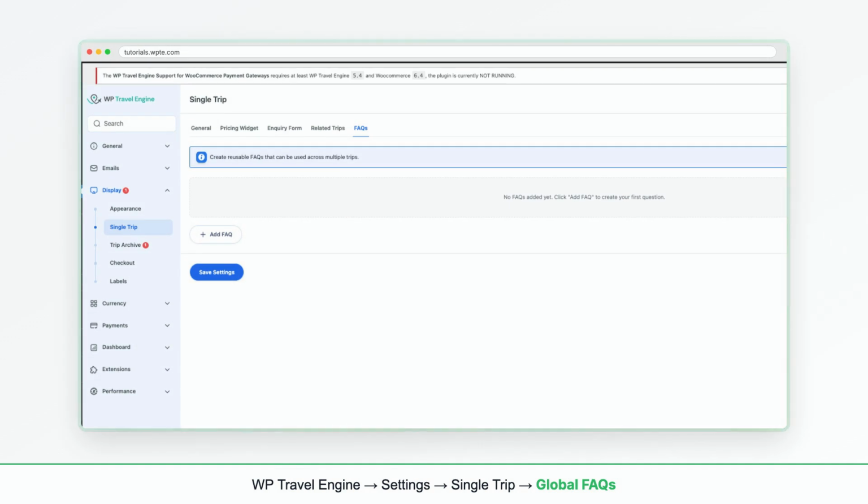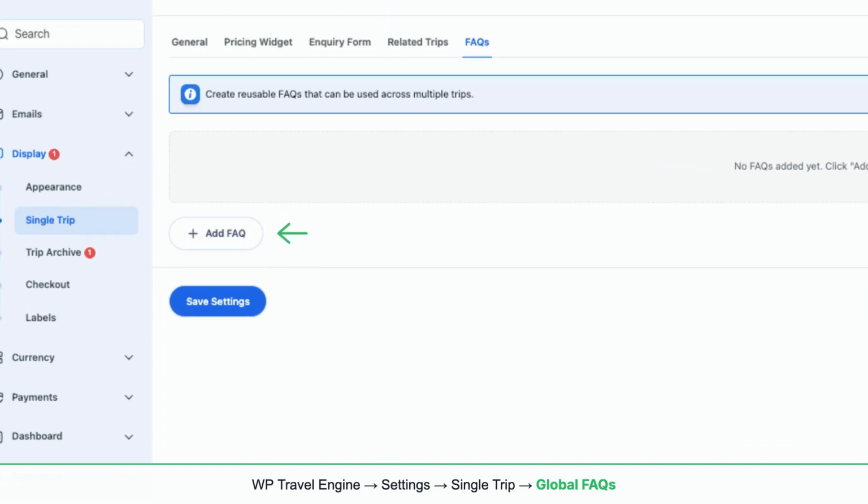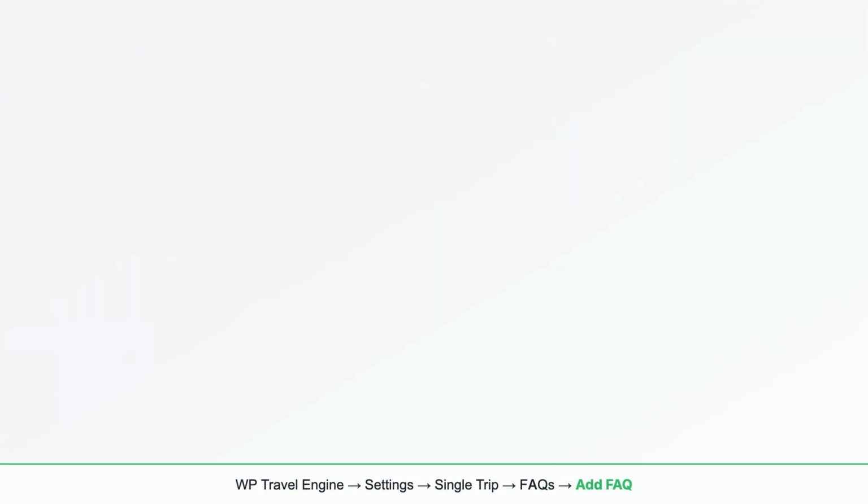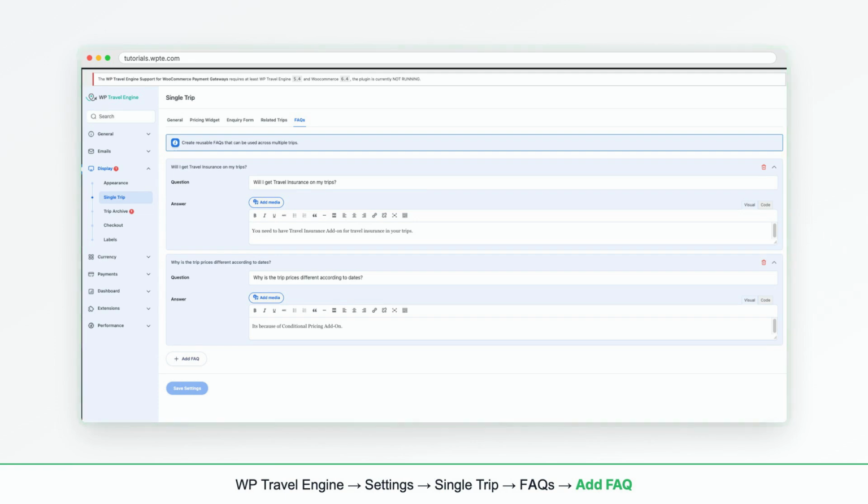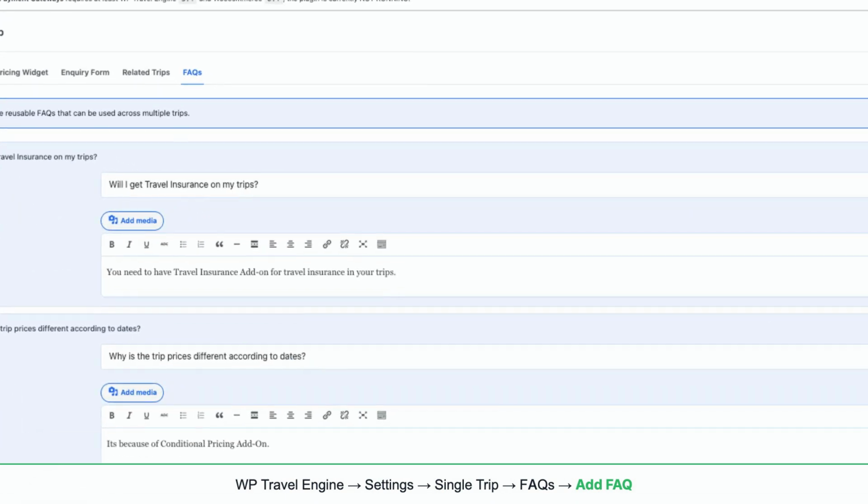Head to WP Travel Engine settings, navigate to Single Trips, then FAQs, and click the Add Frequently Asked Questions button to start creating your global reusable questions. Here you can see all your globally created FAQs organized by category and ready to be pulled into any trip